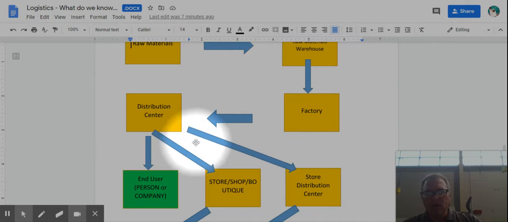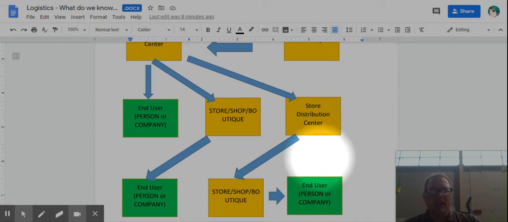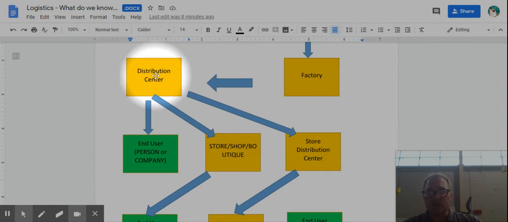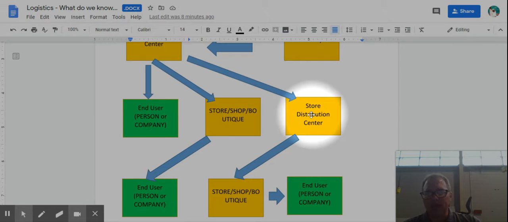Okay. But going back up here, if this is a large distribution or a large company like Walmart, Walmart will then send it to a smaller, more localized distribution center. And at that point, they then send it. I mean, they might service 20 or 30 different Walmart stores, and that's what they're going to do. They then take smaller quantities than what they originally received in from this distribution center, and then they send maybe a case of corn to this particular store that you could actually see, or that you could actually go to